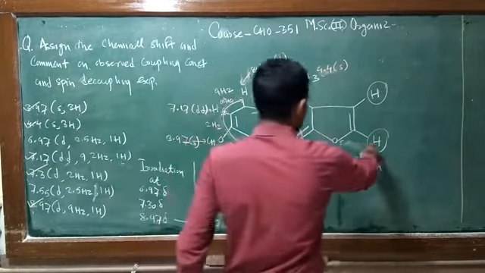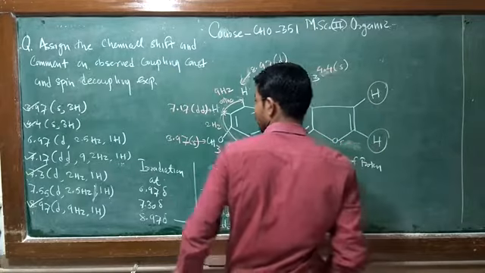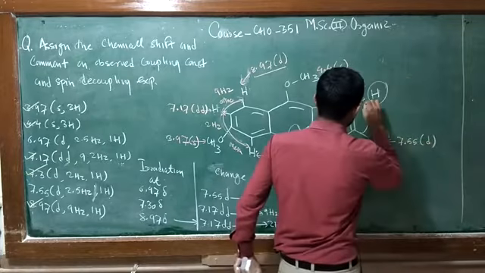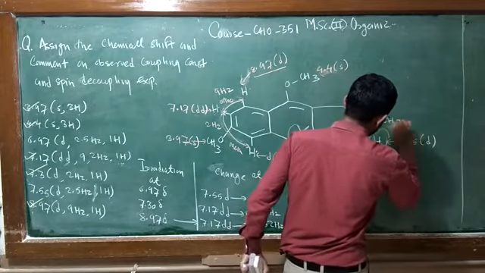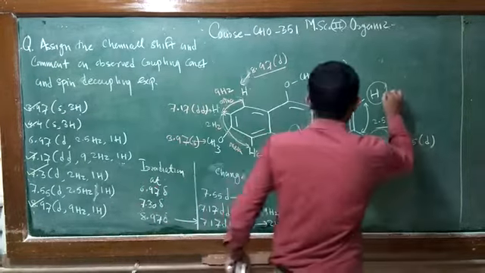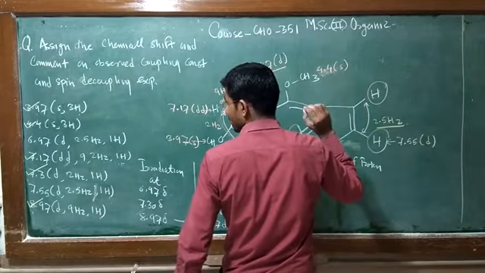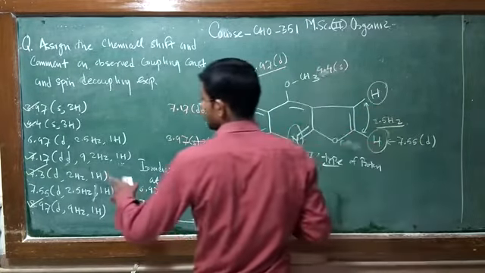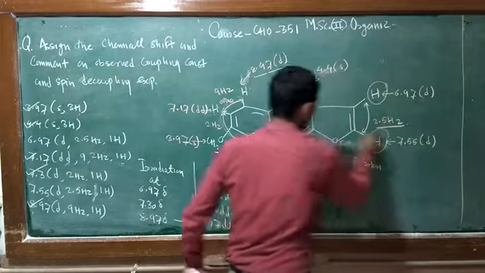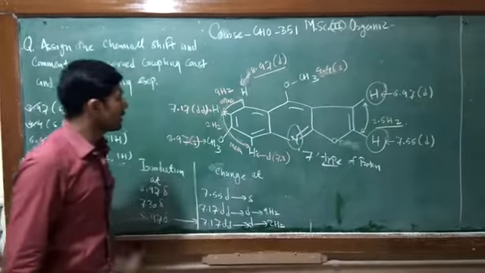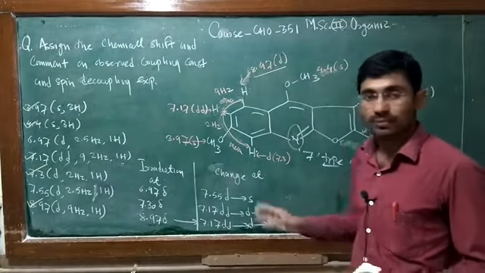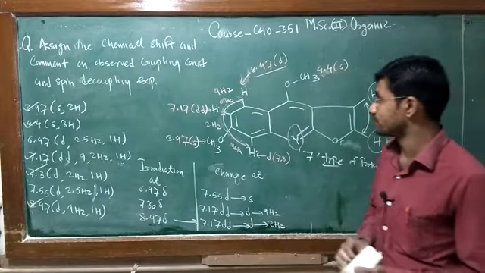Because of the oxygen attachment, this proton in particular is deshielded. That is the 7.55 doublet with 2.5 hertz, meaning we are observing the coupling here, that is the 2.5 hertz in this furan ring. Again, for this proton we can assign the value 6.97, that is the doublet with 2.5 hertz. So in this way we can assign the values to the protons present in our structure.